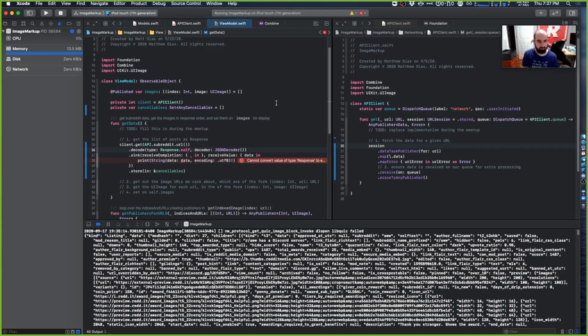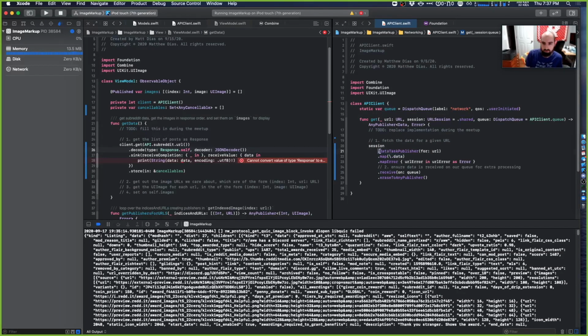And the reason that all works is if you go into the implementation of all these purple functions that we're chaining together, they return something that we can then do something on. So the return of data task publisher is what we're mapping on. We're not mapping on session. That's a great point, it freaked me out the first time I saw it. You see all these dots and wonder what they are on. What are we doing? So the very first call is we're doing a data task publisher on the session,